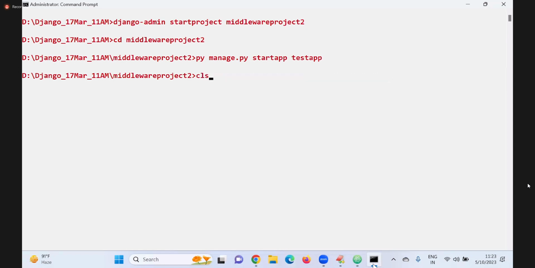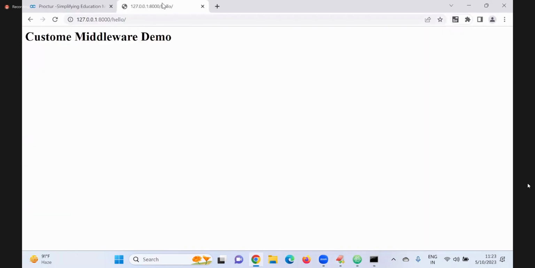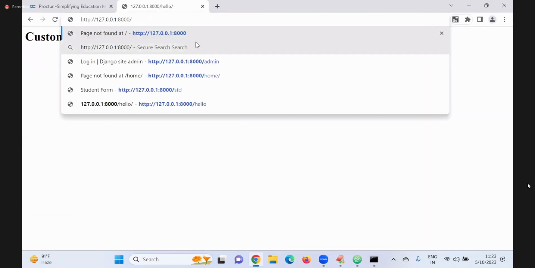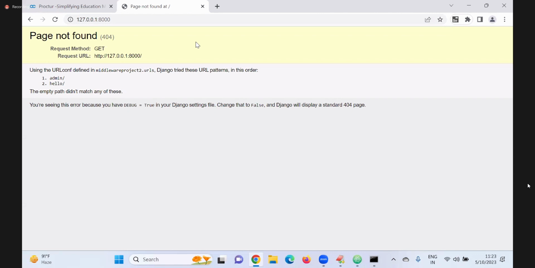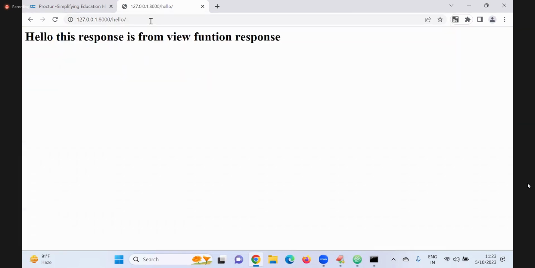Start the server. Copy the URL. Paste it. Now check it. Hello. Yes. Hello, this response is from the view function response.